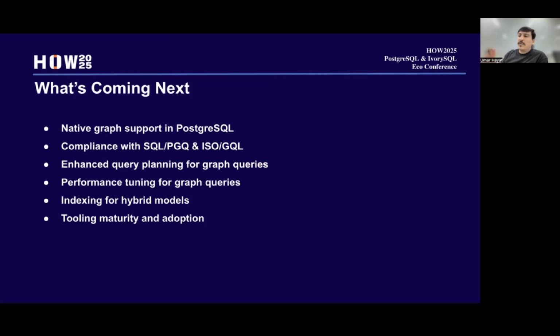Graph queries implemented on top of the relational database need to be enhanced, especially query planning and query tuning, so that we can enhance performance. We also need a better indexing model to speed up this hybrid nature of data in a relational database used as a graph database. And there are still a lot of tools that need to be developed. The existing tools, different visualization and analytical tools, need to gain more maturity in this area.